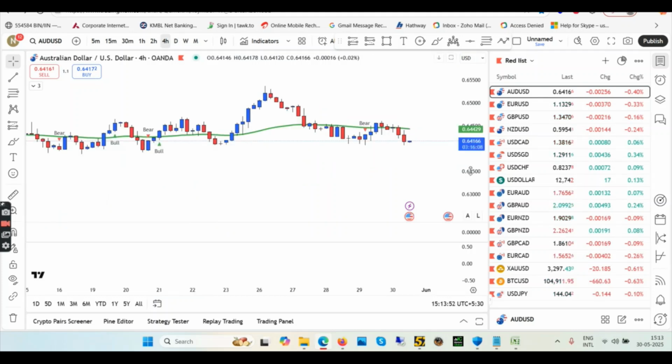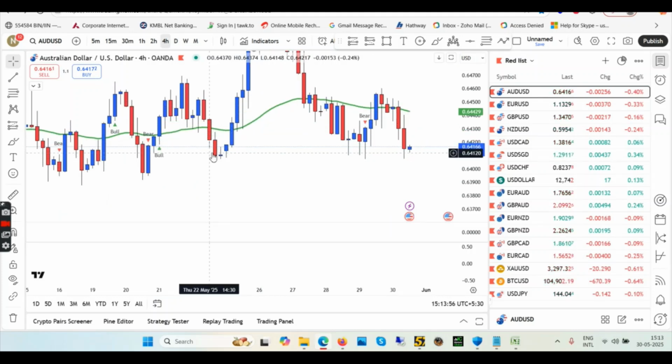We have to go into the 4 hour for that. We have made a new low. So downtrend, pullback, new low is created. What we have to do here is look for shorts after the pullback. If the pullback happens in 4 hour, after that you can go ahead and try to look for this short position in AUDUSD. Or if you want, you can avoid trading today as well, because as I'm recording the video, we hardly have 11 hours to go before the US market closes. If you don't find the opportunity today, you might find it on Monday.